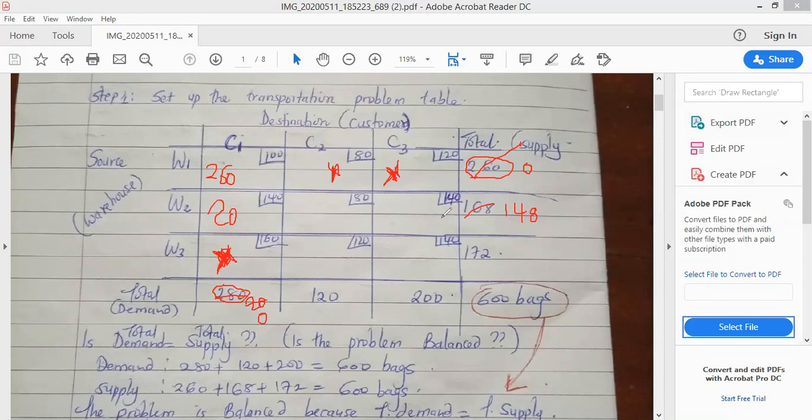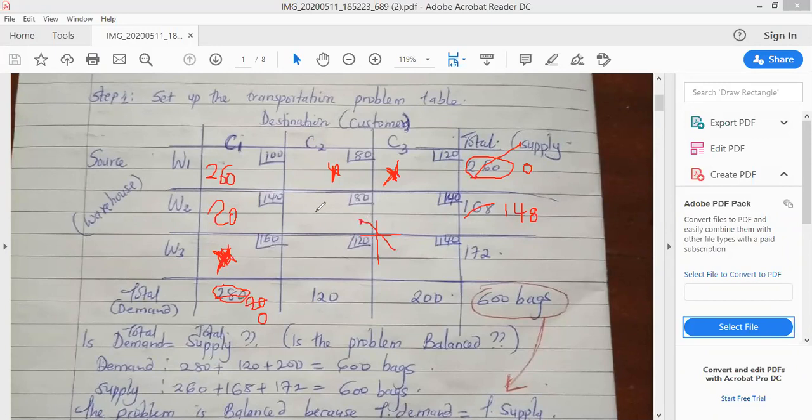So how do we do this? We draw the compass alongside the cells which have not received anything. We draw the compass again, and you see, I'm avoiding where I cannot allocate anymore. So the concentration is on this area, because I still have a balance here, and these two are not yet satisfied. When we draw our compass, the northwest corner is in this direction.